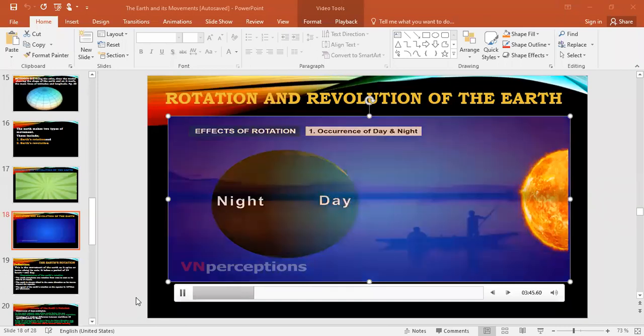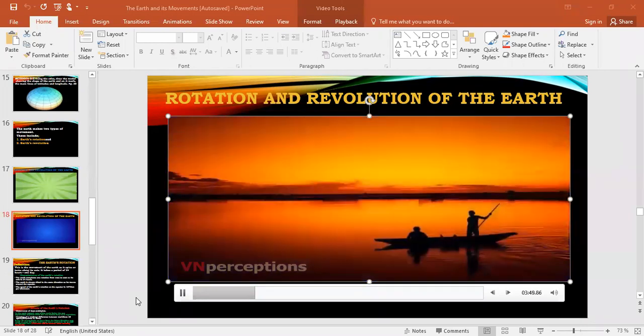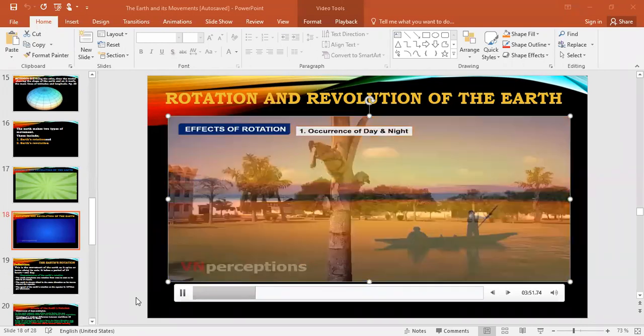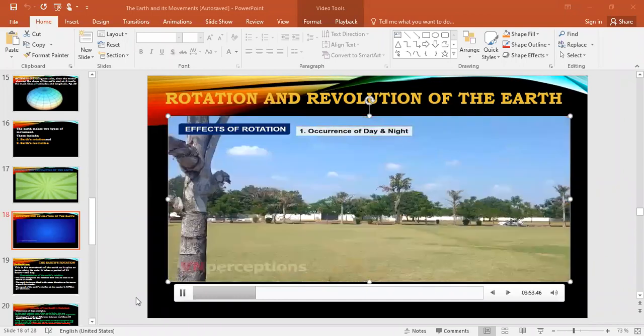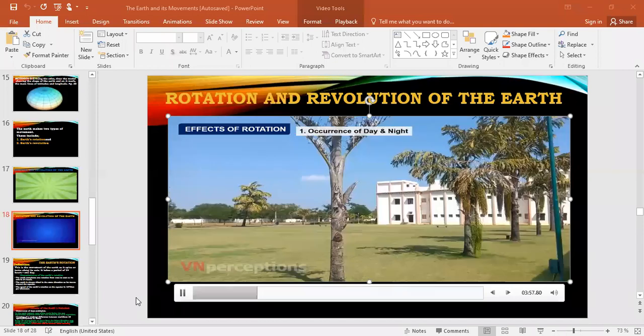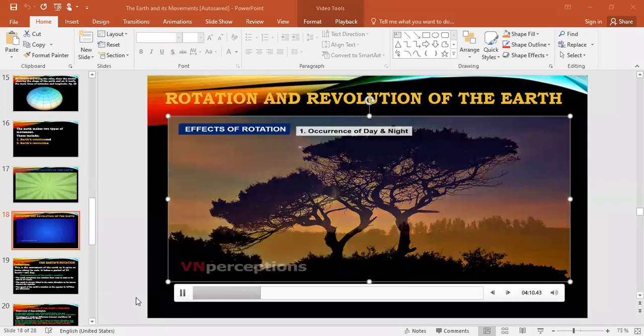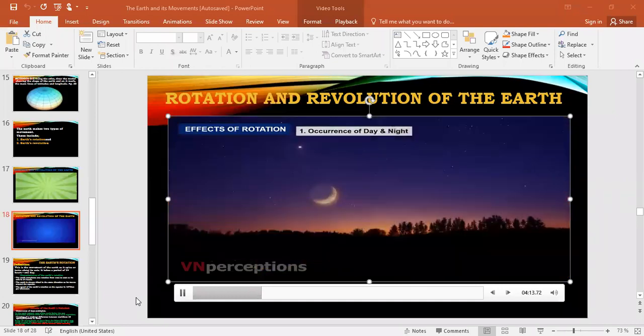The time when the sun begins to cast its light in the morning is known as dawn. At noon, the sun is overhead. At dusk, that is in the evening, we see the twilight. Twilight is the light that we see after the sun sets. So here, the sun is disappearing in the sky. At night, we all know it is so beautiful and completely dark.